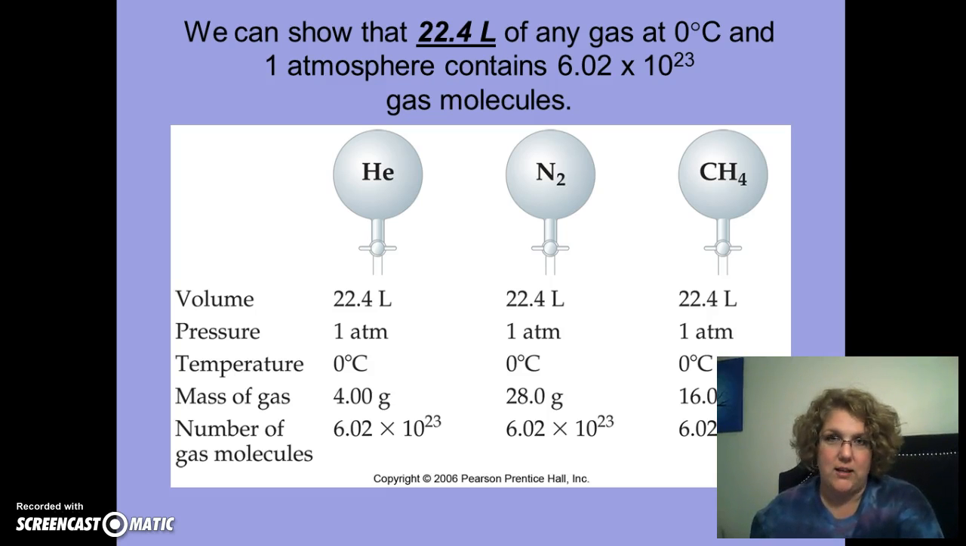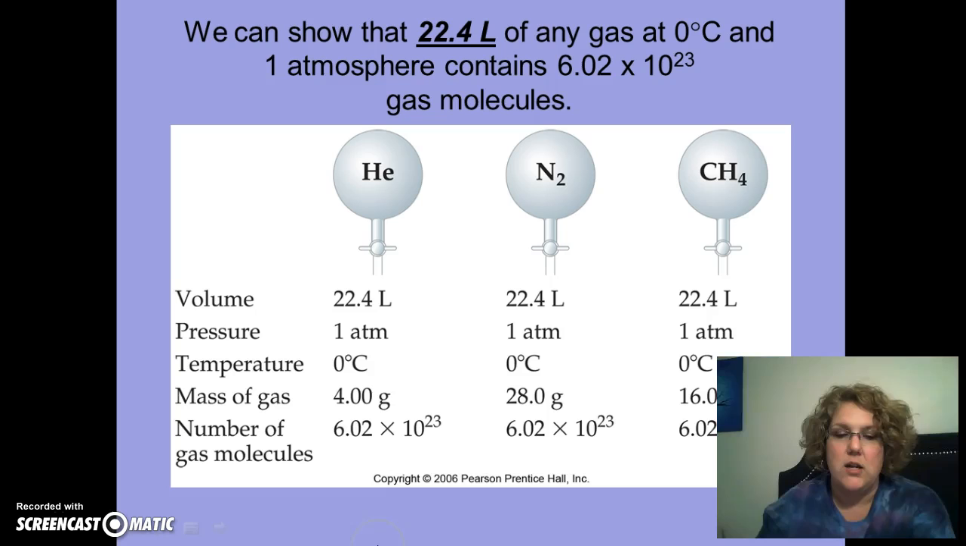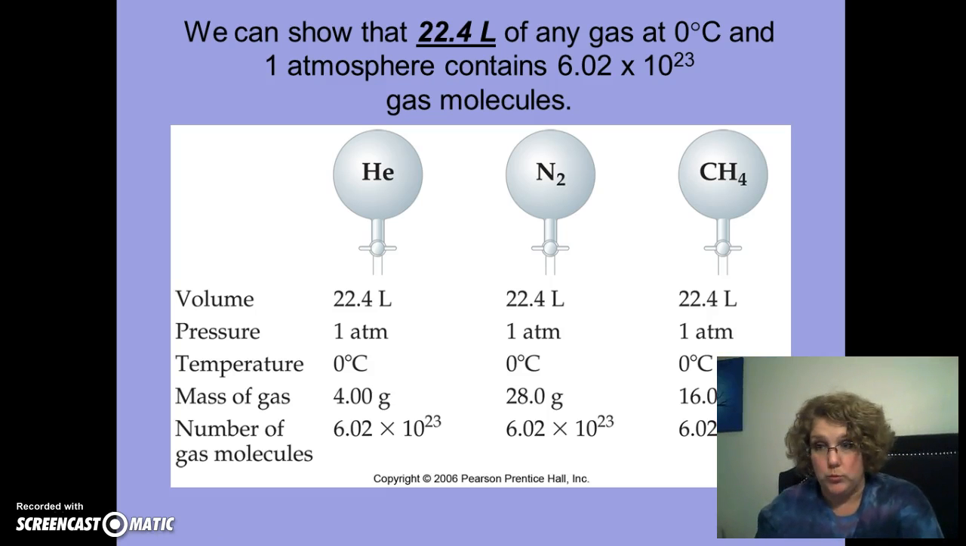We can show that 22.4 liters of any gas, if we've got it at 0 Celsius and 1 atmosphere of pressure, has 6 times 10 to the 23rd gas molecules in it. So whether it's helium or nitrogen or methane, doesn't matter, any gas if it's at standard temperature and pressure. Standard temperature and pressure is not room temperature and pressure. Okay, the pressure is about average, 1 atm, but we don't really hang out at 0 Celsius usually. But that is what STP is, at a very cold temperature, 273 Kelvin or 0 Celsius, and a pressure of